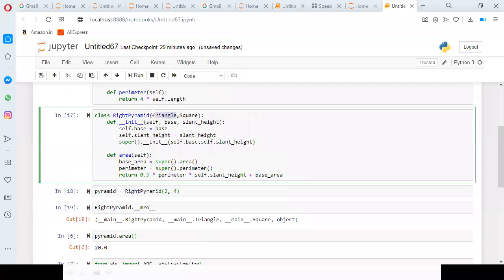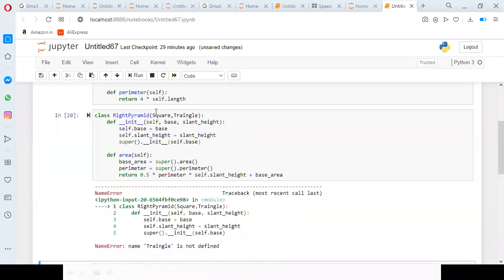So if I mention square, then first it will execute square only, then triangle. So if you mention square, you need not send both. It will send single only.